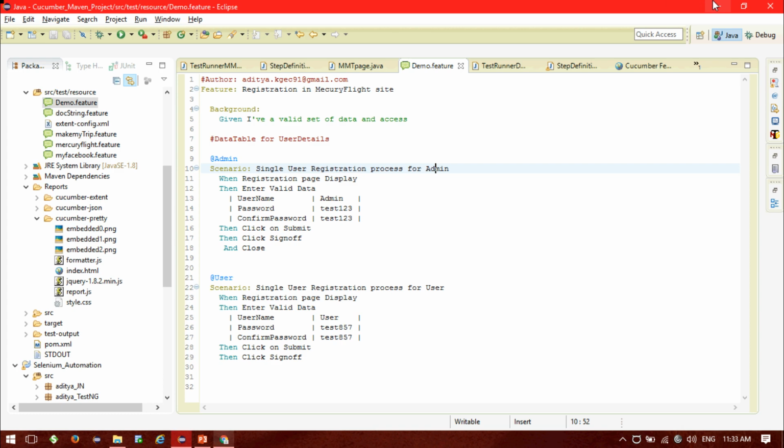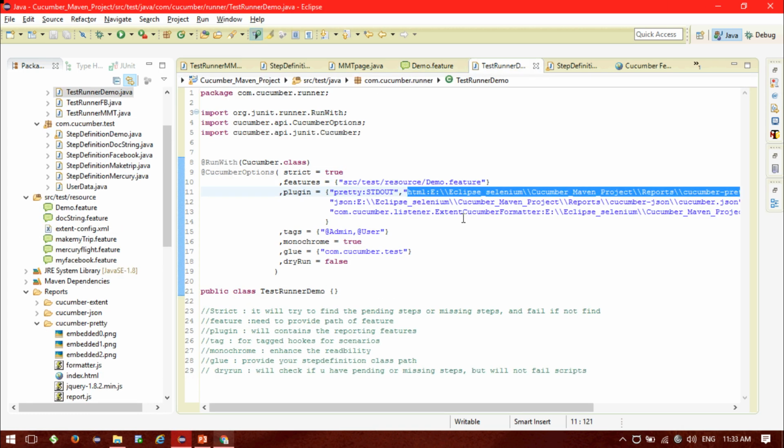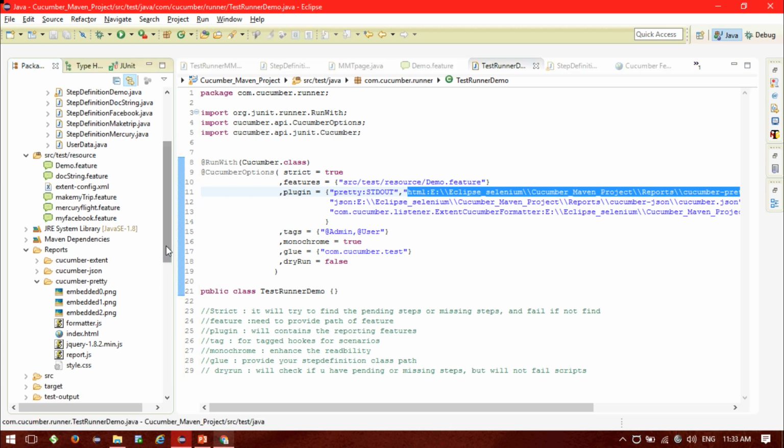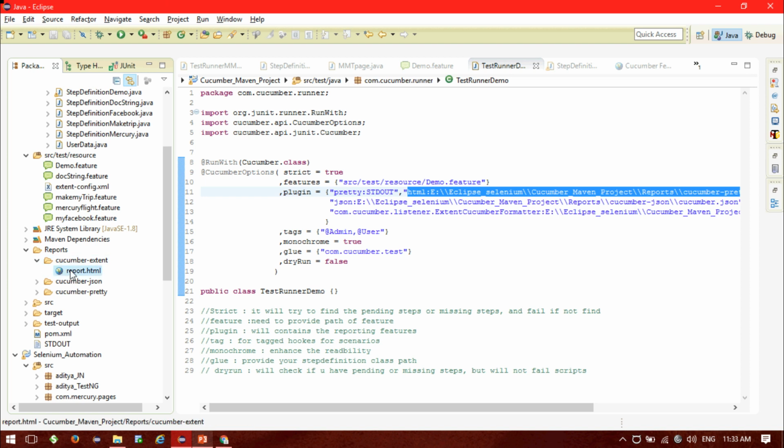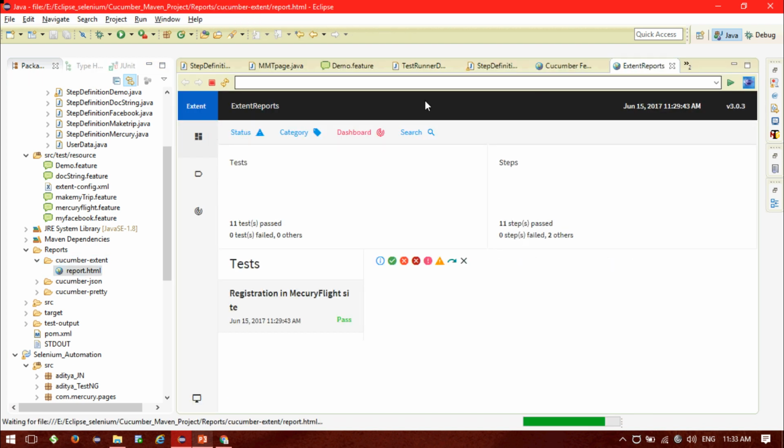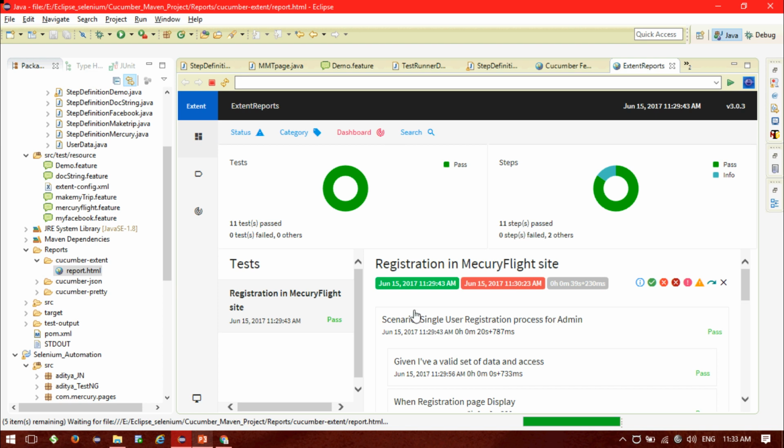Okay, so now you are aware of the test runner class of Cucumber, that is the native JUnit framework way of implementing the test runner classes, and how we can get the reporting structure or the screenshot if we have any failure. There is one more thing: for a project, if you want more advanced reporting, then you can use the Extent reporting format. Let's have a look at it. This is my Extent reporting format, and you can see that it's much more detailed, whatever the steps, everything is much more detailed.